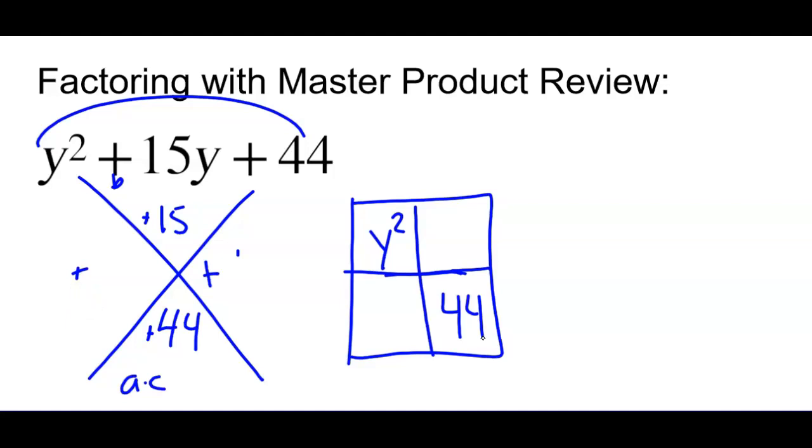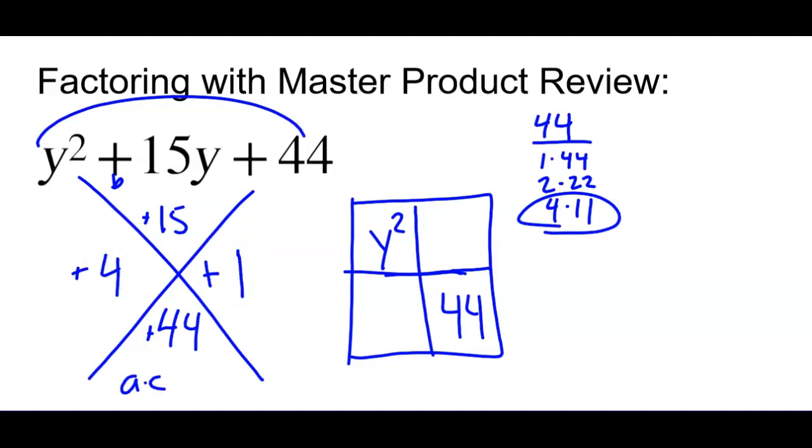Okay? So we need to look at 44. 44 is our master product. Well, we've got 1 times 44, we've got 2 times 22, we've got 4 times 11. Oh, wait, those are close to 15 when you add them together, right? Ooh, they are 15. So, we've got 4 here, 11 here, and so that's how we fill in our 4y